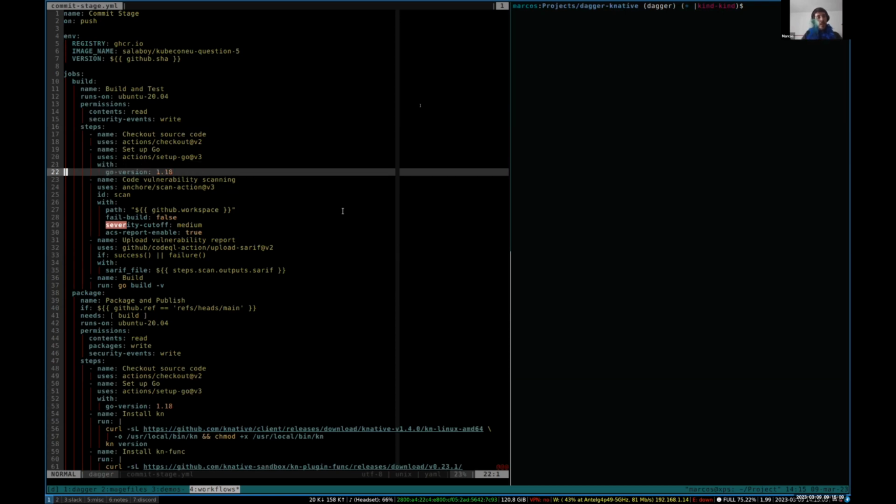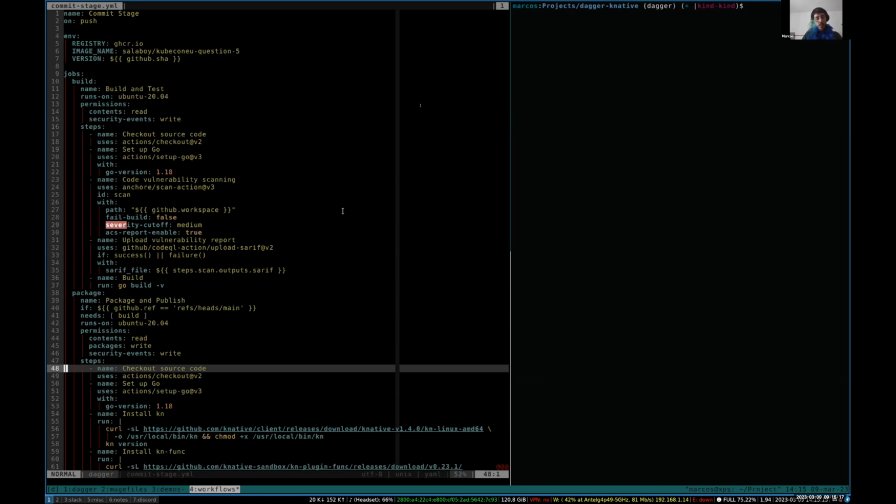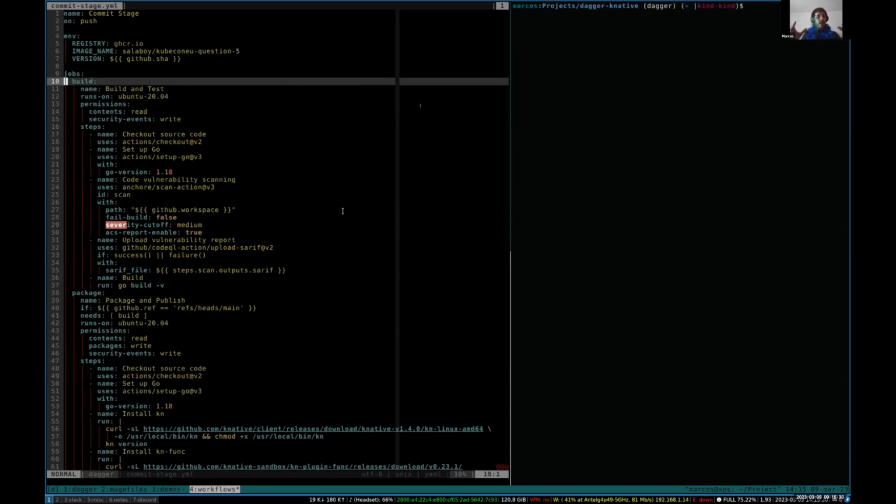And the second VM is going to be waiting for the first one to finish without doing anything. So the code is going to have to be checked out twice, one here and one on the other job. And several things are going to have to be installed twice, even though these steps are sequential, right? And the reason why people do this is because then in GitHub Actions, you